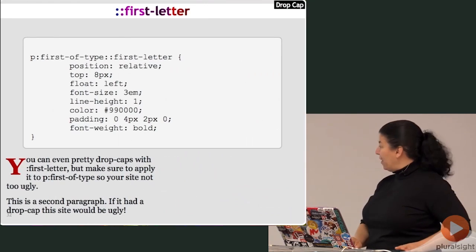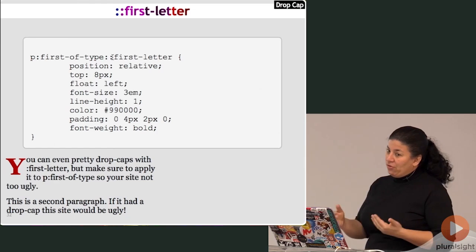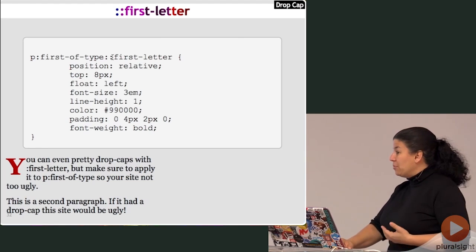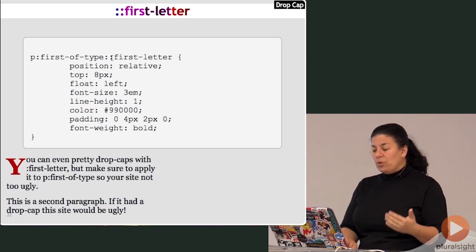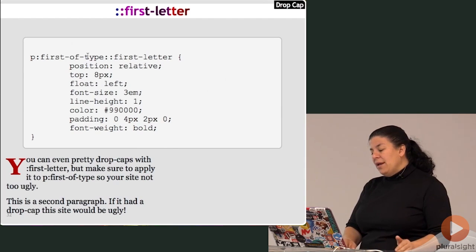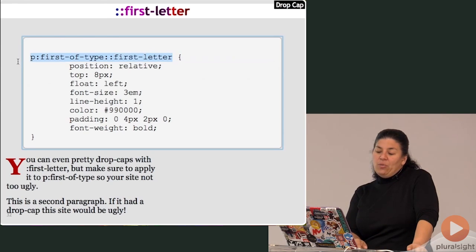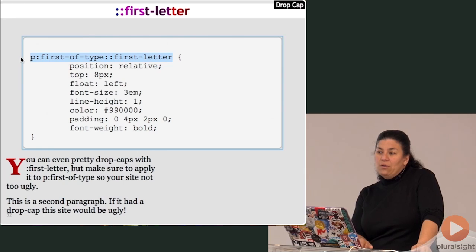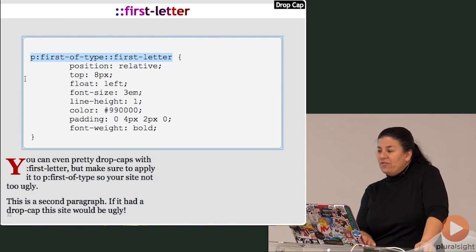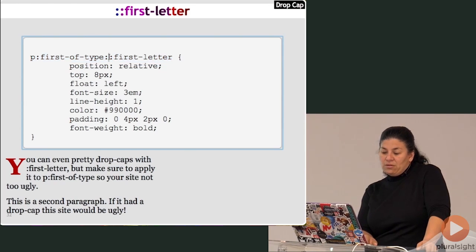Okay, so here I'm actually using double colon notation for this example so that you get used to the differences between a pseudo class and a pseudo element. This browser supports it, but in production you will be using one. So here it says P first of type first letter. Anyone know why I did this? Why would I do first of type? Because if I didn't,